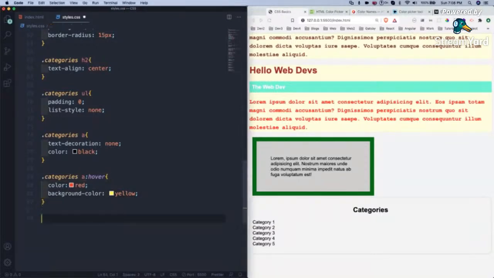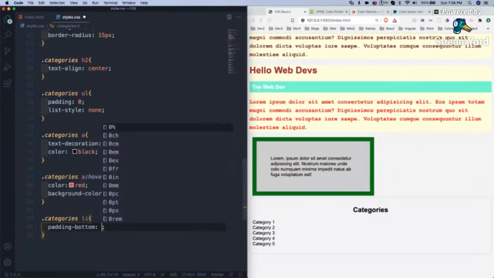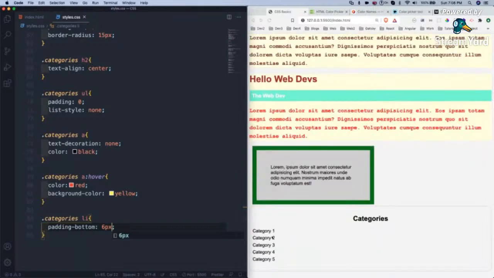So for dot categories li, padding-bottom is 6px. So I'm moving each of them down. There is a padding, and the li is what I am targeting. Each of the list items I'm moving down.